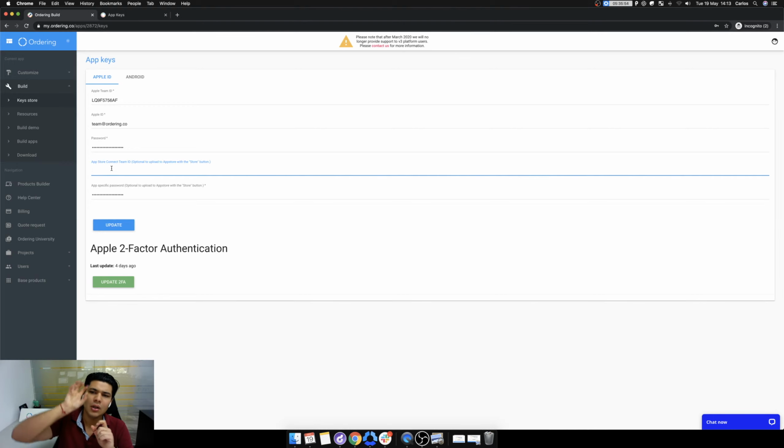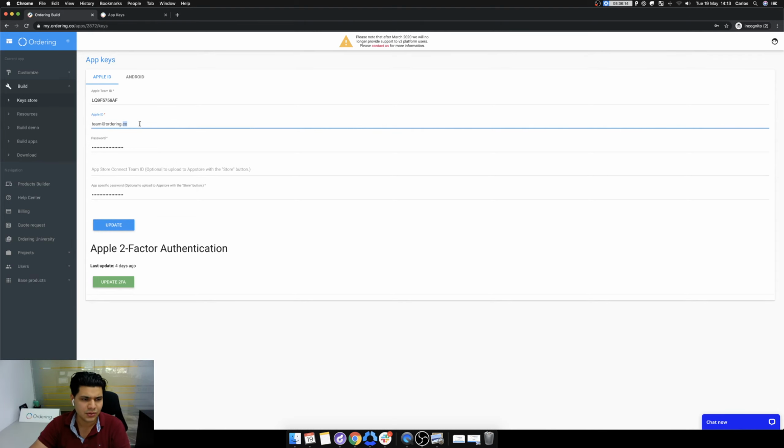Let's say, for example, ordering is an administrator on a product account. So the product account gives ordering access to handle the apps, but the App Store Connect team ID is the product one, always the first one. In this situation it is going to be team at ordering.co if we are talking about the administrator account.